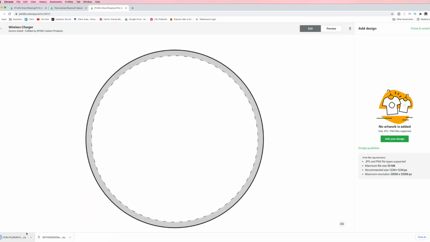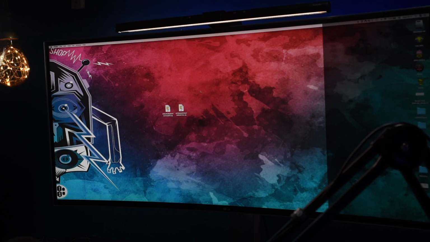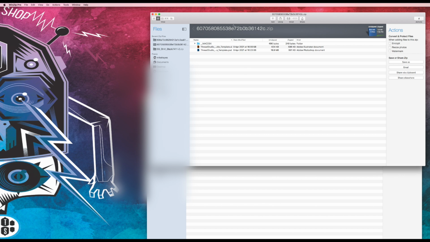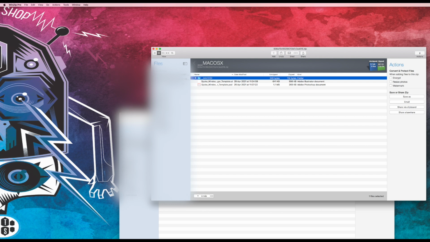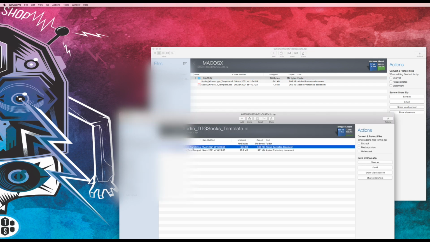So you can see it's downloading there. Once they've downloaded, let's get them on our desktop and unzip them. Now we've got our two zip files here on our desktop, these guys here. I'm just going to quickly unzip them and get our files out that we want. So basically I am going to be looking for the vector files. So you can see it says AR here. That's the one we want, one of them. Okay, so I'm just going to drag that out to my desktop, unzip that one, and same for this AR